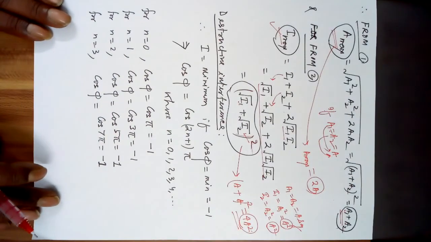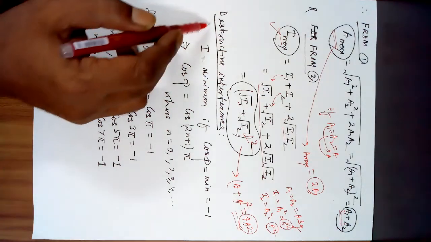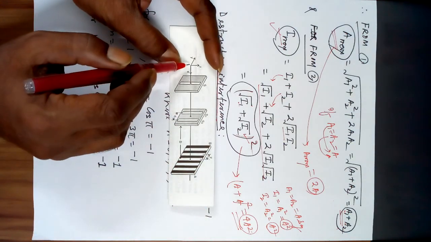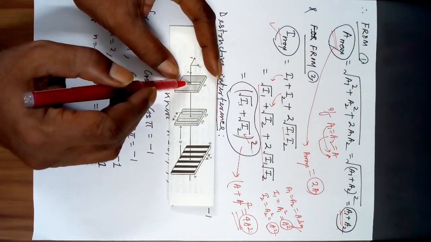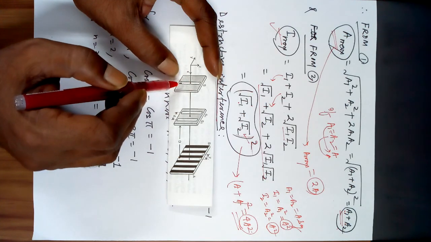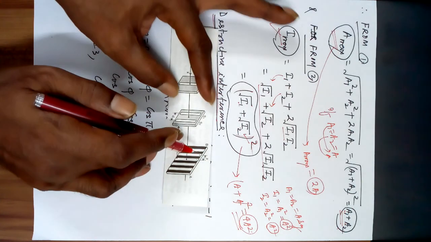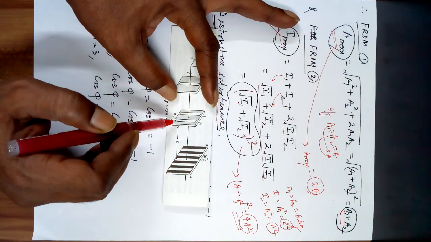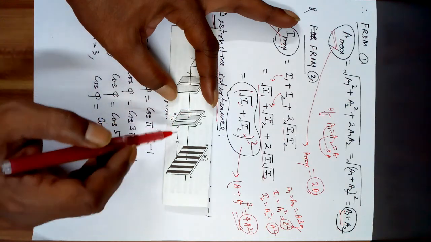Now, what is destructive interference? Destructive interference is the case where you see these dark patches. Look, from here a light wave is traveling. This is a cardboard. This white part is a narrow opening called a slit. Now this light wave is again going ahead. Here is again a cardboard. There are two white openings called slits, S1, S2.